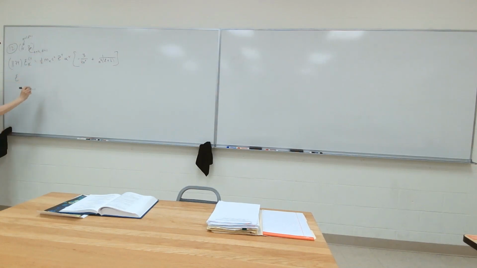L equals 1. Everybody okay? Sure. All right, so for the ground state, that's this one, the 1s state. That would be E sub 1, 0. And so E sub 1, 0,